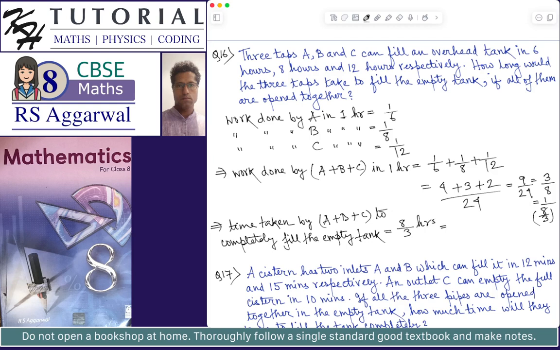Now 8 by 3 hours, you have to convert as a mixed fraction and then you have to convert it as hours and minutes. So 8 by 3 hours is 2 and 2 by 3 hours,